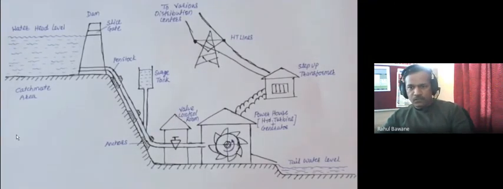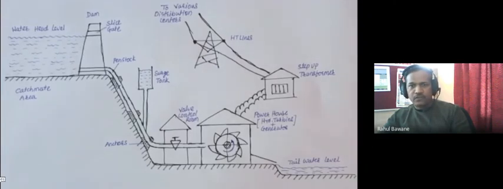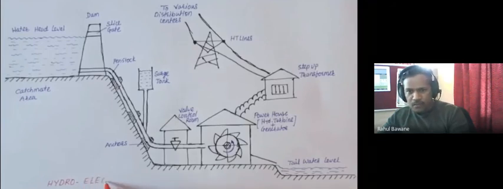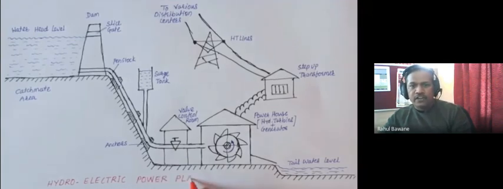So part-wise, hopefully you understand the requirements of a hydroelectric power plant, and this is the simplest schematic. Line by line, it is easy to draw, and it looks better. Once you are able to draw this schematic of a power plant, you do not need to memorize the working, because there is a university exam question: draw a neat sketch of a hydroelectric power plant and explain its working. Now imagine you have such a diagram with you.